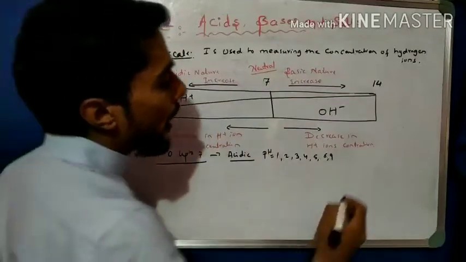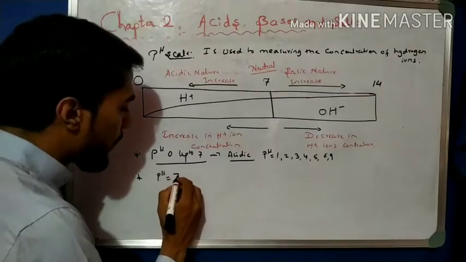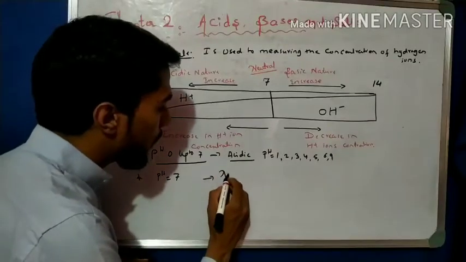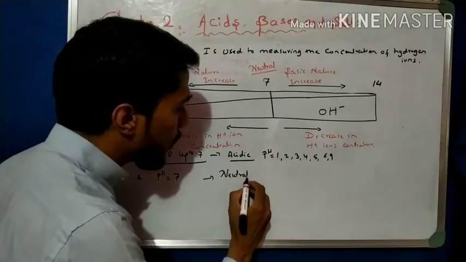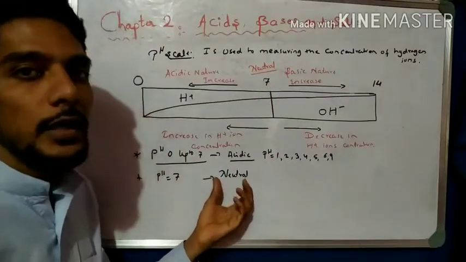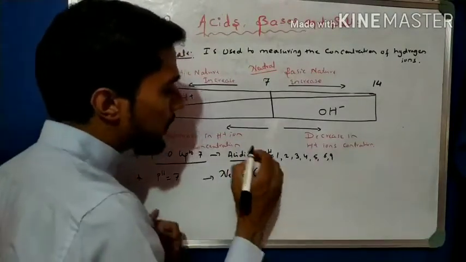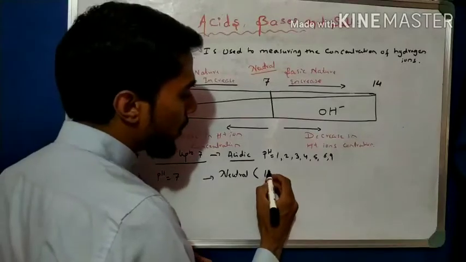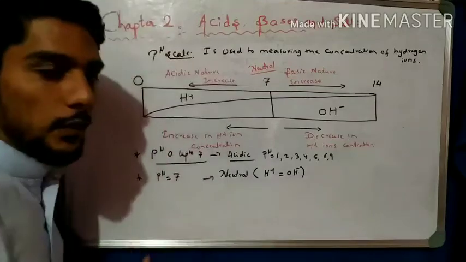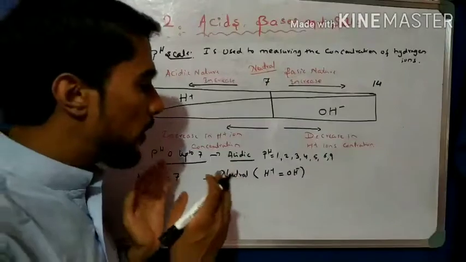Acidic. Now when we come to pH 7, exactly equal to 7, the substance is neutral, right? Any substance whose pH we find at 7 is neutral in nature, neither acidic nor basic. At this stage the concentration of H plus ions is equal to the concentration of OH minus ions. Both are balanced here. That is called neutral.